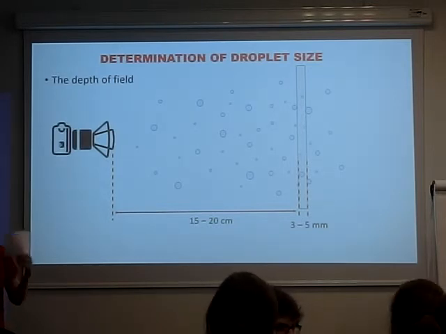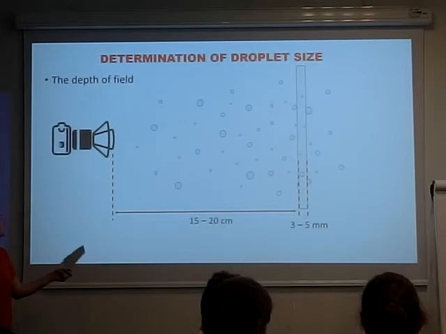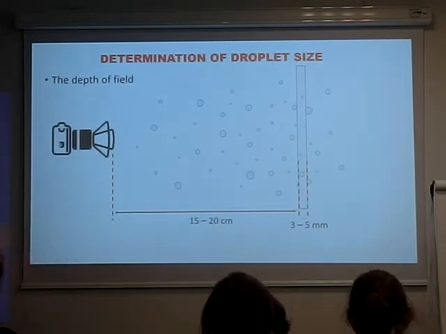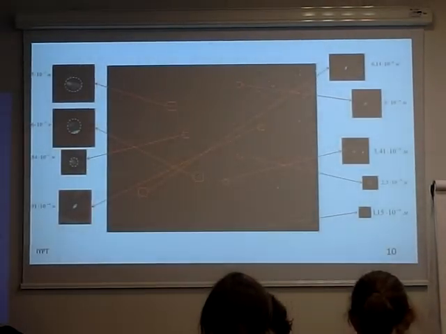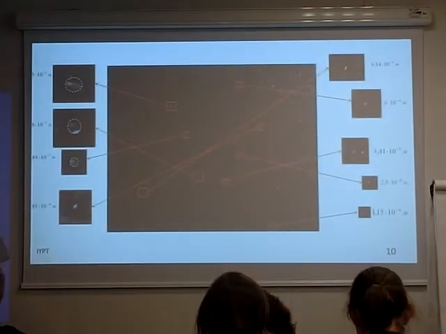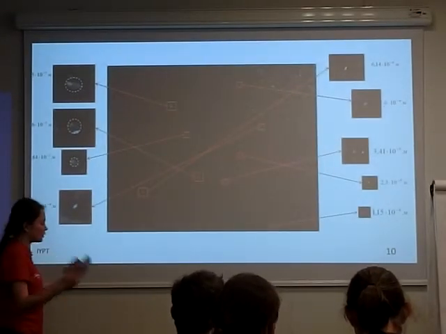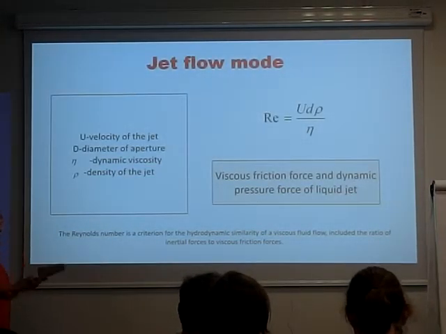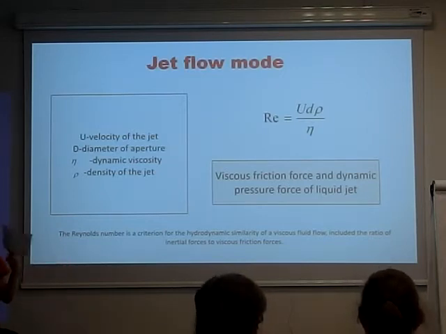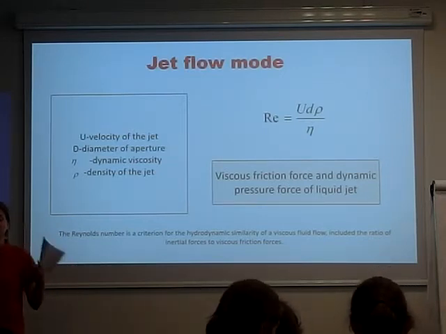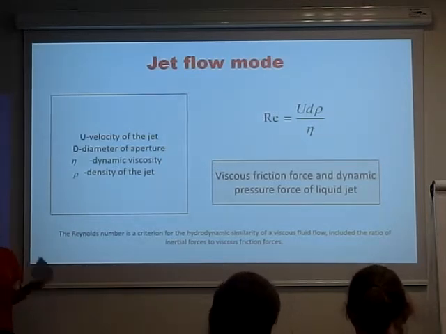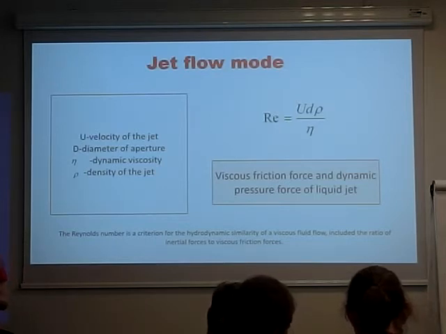So, we will focus on the Y, and therefore we will consider a small plane of the picture, and after that we'll find approximately 50 droplets and measure the size of the droplets. We will consider only those droplets which were sharp in the picture. So after that, we understand that we need to find the criteria which shows us the difference between laminar and turbulent flows. The Reynolds number is a criterion for the hydrodynamic similarity of viscous fluid flow,